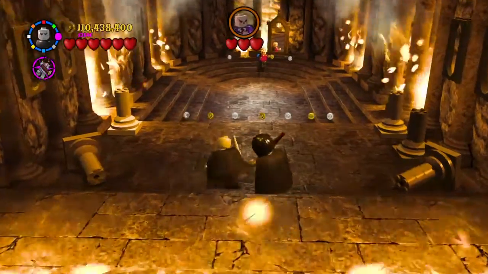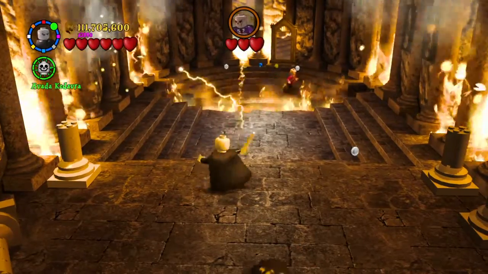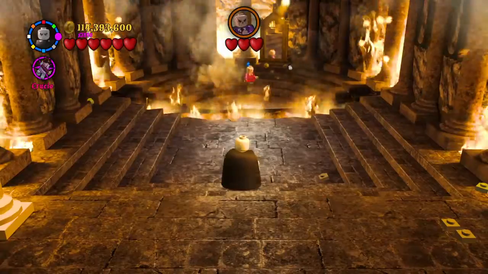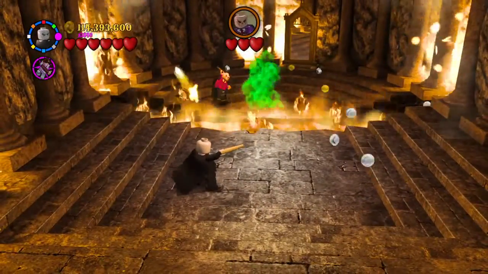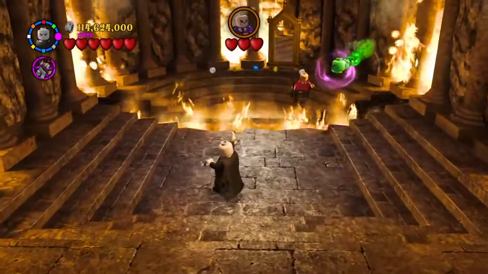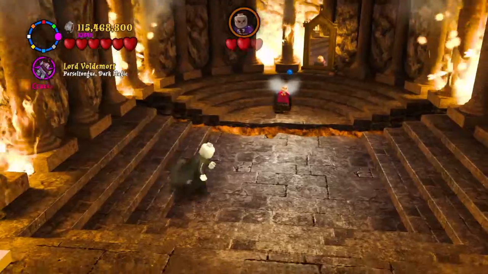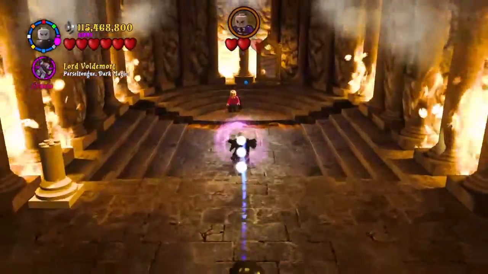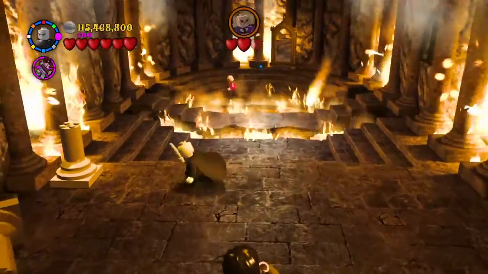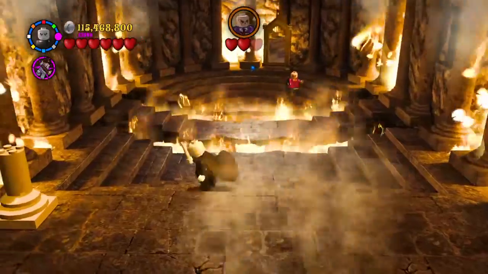Right, so basically you've got no choice but to fight in the same way that you would with Harry. I mean, oh, I keep pressing the wrong button. That clearly obviously worked though, because we're on to the next stage now. You know what, it doesn't even matter if it gets hit so much because we've got invincibility on, so...